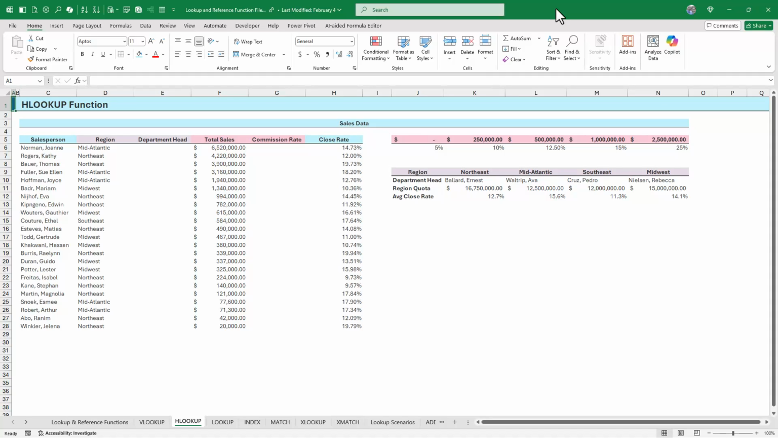The HLOOKUP function is used a lot less frequently than the VLOOKUP function is. But because people within your organization will probably choose to create horizontal data from time to time, it can be a very helpful thing to have in your toolbox. In this example, we see two scenarios where we need to horizontally look up, hence the HLOOKUP function, some piece